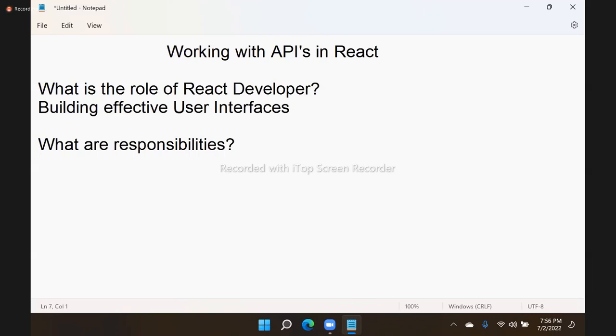What are the responsibilities of a React developer? Your role is building interfaces. In building interfaces, what will you do? What is your responsibility? What do you have to design? That is the responsibility. That means the responsibilities of a React developer is